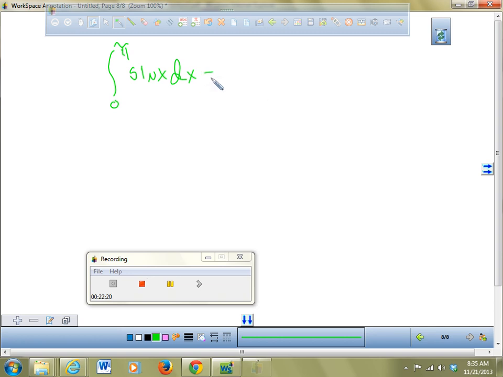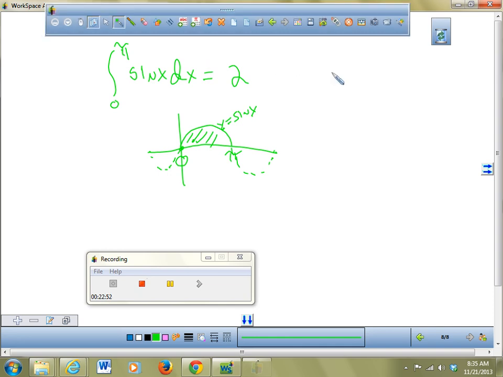So if I know that this integral is equal to 2, in other words, if I have this area under the curve from 0 to pi, this area, if this is sine of x, goes like this, and it goes like this down here. So if this is y equals sine of x, I know I can do integration techniques and figure out that that area is exactly equal to 2, which you'll learn how to do when you're in front of me up there. Okay? What would the integral, so this is where your calculator's not going to help you,